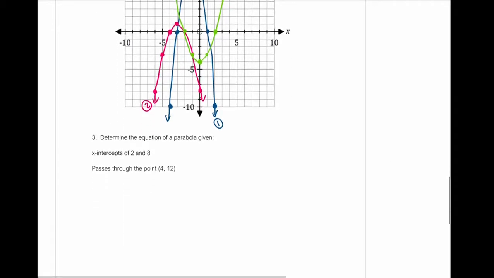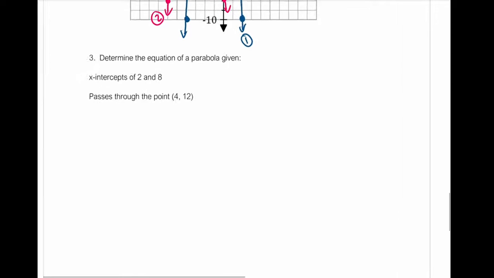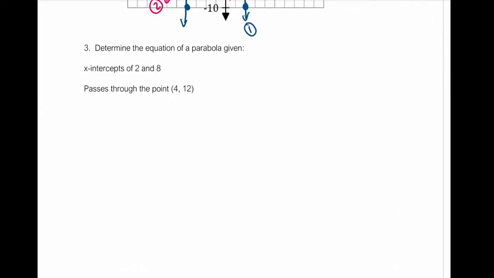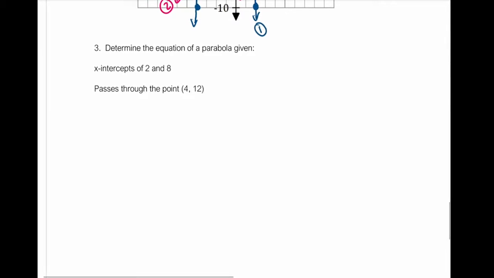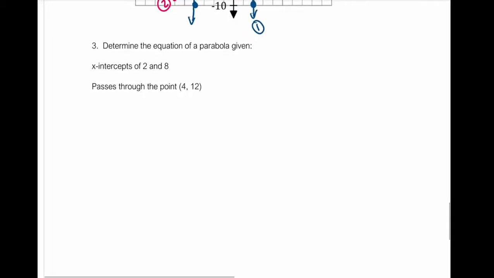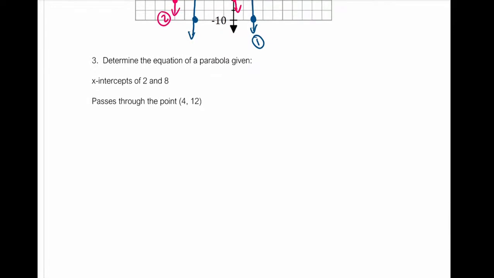The last example we're going to look at is something similar to what we covered with the vertex form. So here I want to determine the equation of a parabola given the x-intercepts of 2 and 8 and passes through the point 4, 12. So we've seen something like this with vertex form, but we can't use the vertex form in this case because we're not told the vertex. We are told the x-intercepts though, so if we're told the x-intercepts, there's a good chance that we should be using